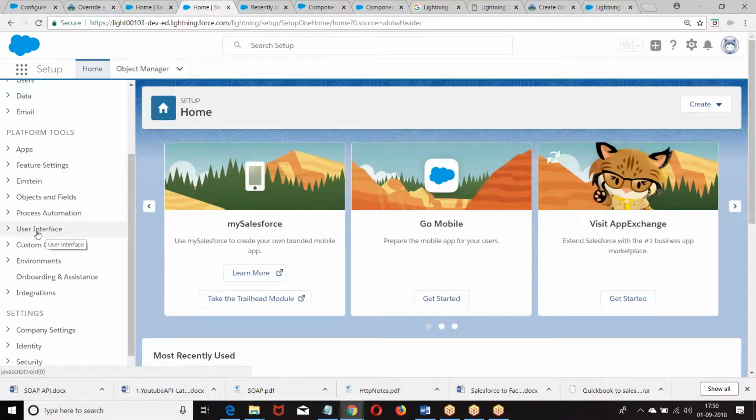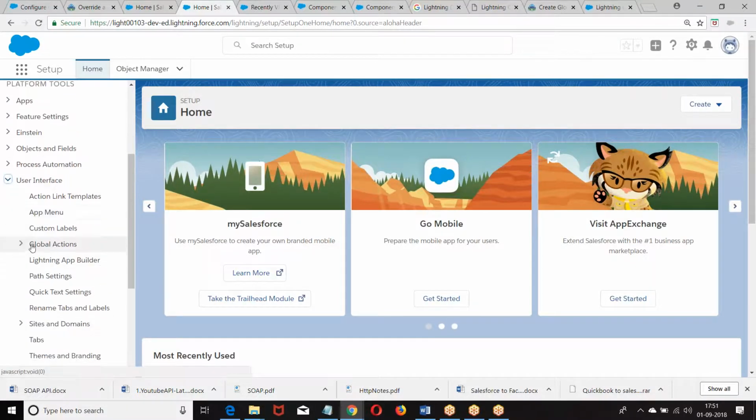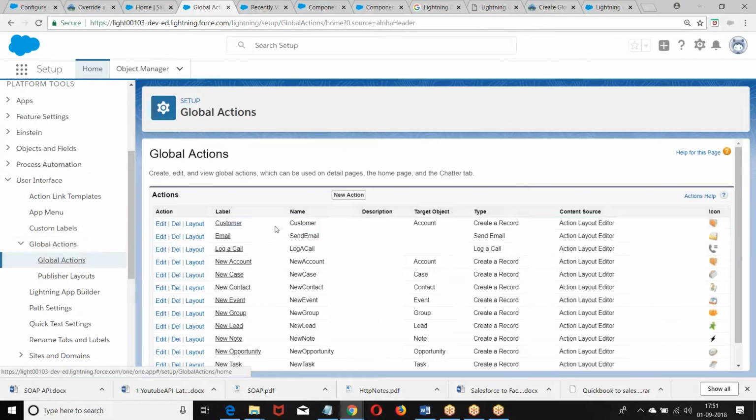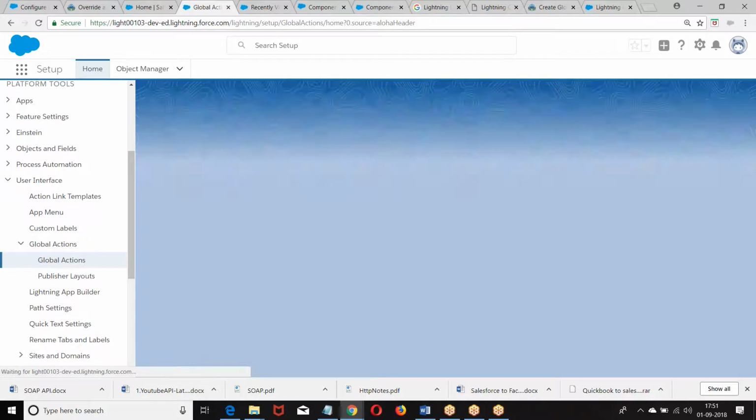Under this we are finding user interface. Under the user interface we are finding global action. Go to the global actions. New action.